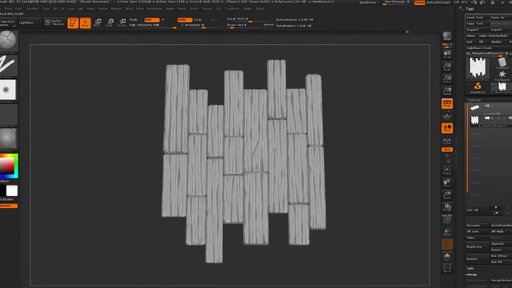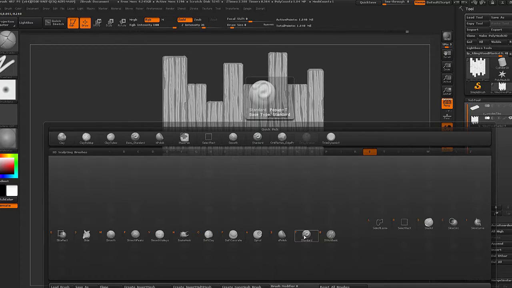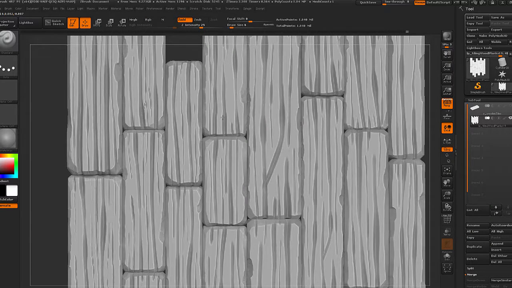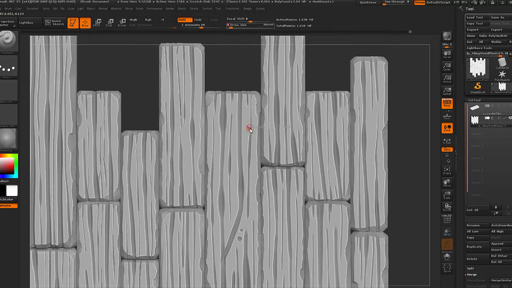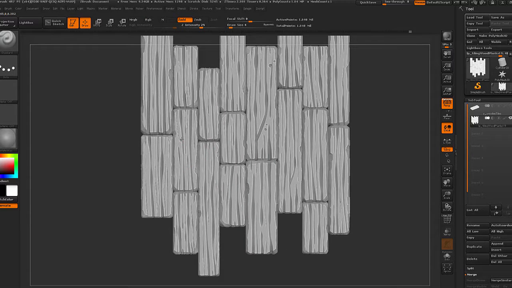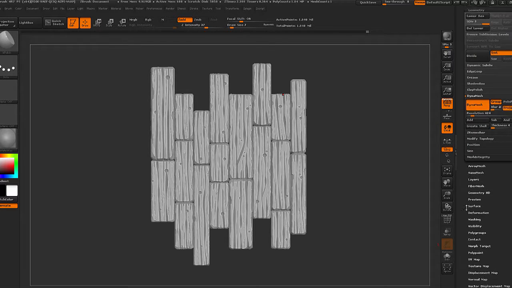This now looks like some pretty old stylized wood now, and the last thing that we are going to do is we're putting a few more dents in there by just using the standard brush, and we're going to invert it by holding Alt, and we are going to just put in some of these dots across the boards just to give this some more stylized look to it and to maybe relax the eye a little on all these stripes that we added to draw some attention, and to have some more varied shapes in there, which makes it a bit more interesting to look at in my opinion. After this, we're pretty much done with the wood, and the next thing that we're going to do